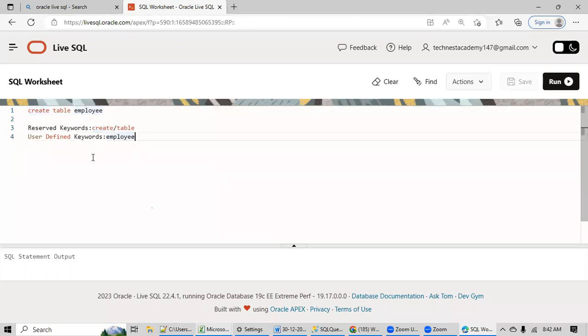But yes, this is an open source platform. When you are working on your official laptop, in the office where you have the licensed version, there generally the coloring format, if that is a blue color or some other color, that will be the reserved keywords. But again, I will tell you, don't consider it. Sometimes there can be some dummy values there. So that's why I don't recommend you to go with the colors. These are all dummy colors here, red color or black color. So fine. Here in line number 1, I have told the SQL engine that I want to create a table